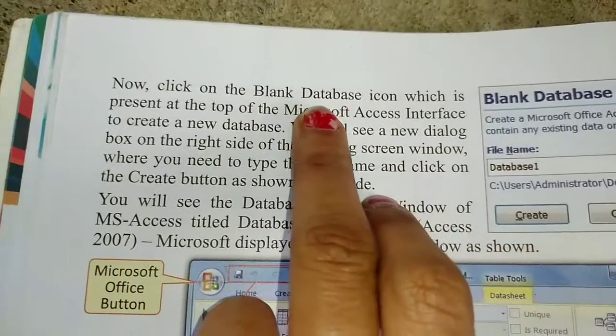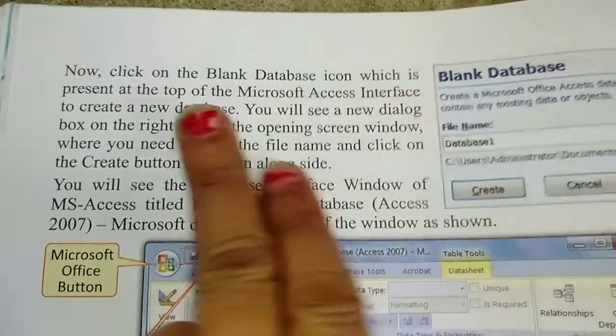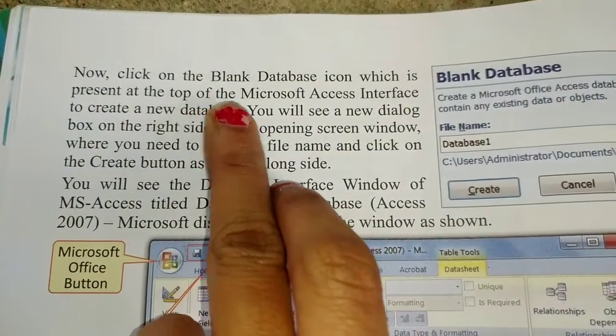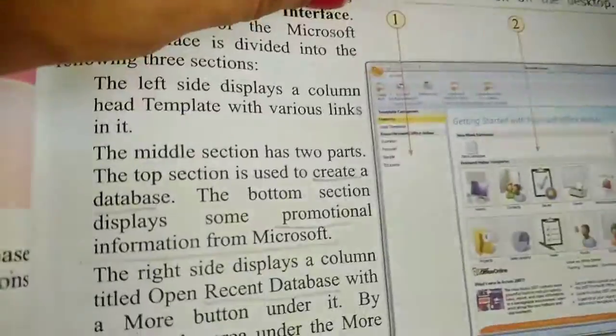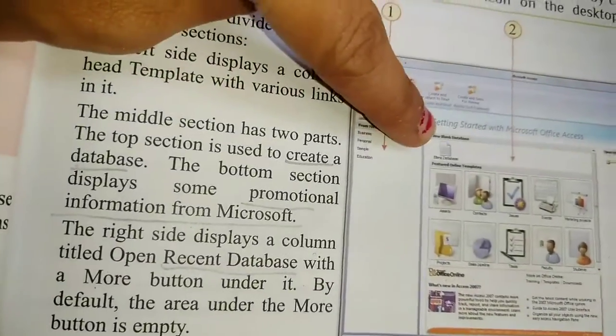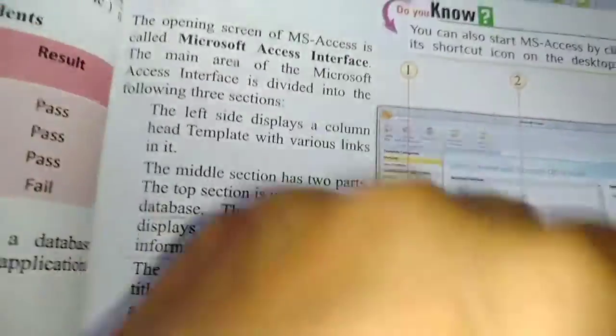Now click on the Blank Database icon which is present at the top of the Microsoft Access interface to create a new database. I already told you this is a blank presentation, and when we click on it we open a blank sheet.